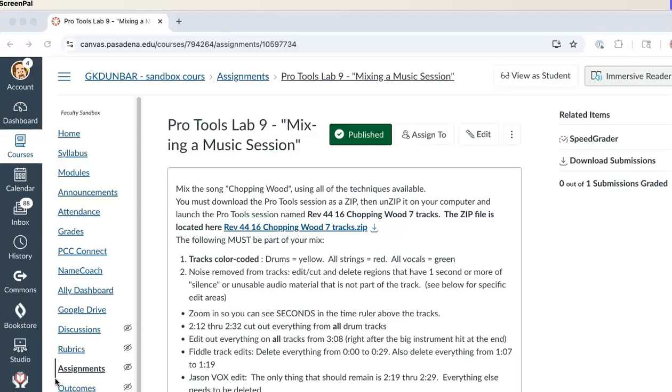So this is as if you were going to be a recording engineer and you've recorded the tracks in a studio, and now it's time for you to edit them, mix them, and then pass them off to the client as a finished product. It is in Canvas, and you'll go ahead and click on the file, which is a